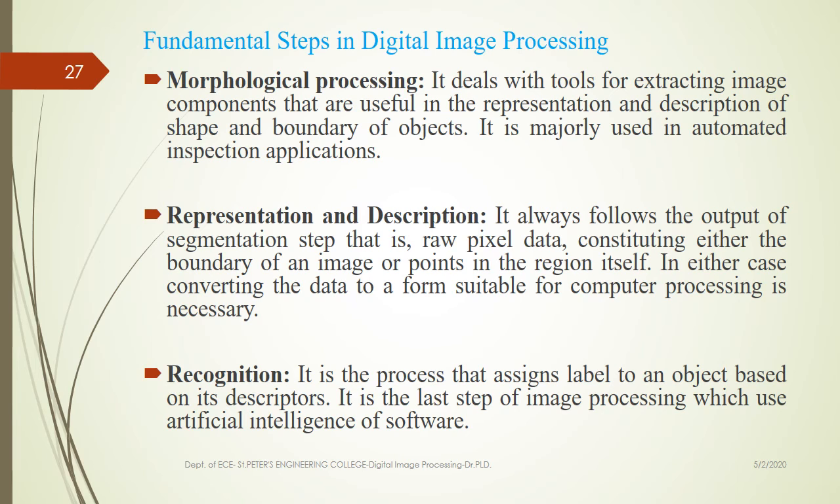Then recognition. It is the process that assigns a label to an object based on its descriptors. It is the last step in image processing, which uses artificial intelligence software for identifying and recognizing. Based on this artificial intelligence, we can recognize the information extracted through any step in